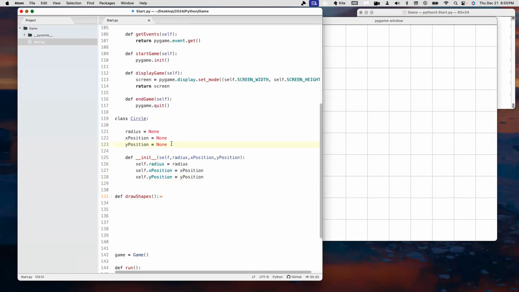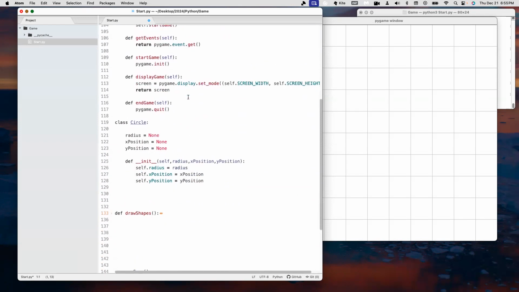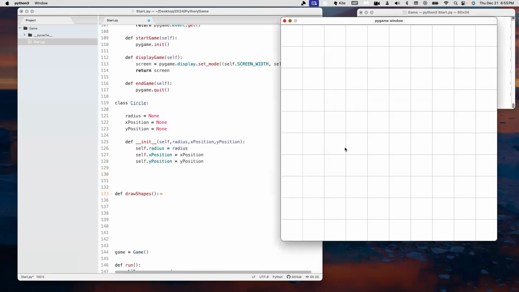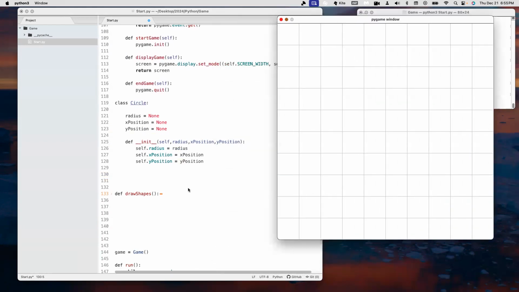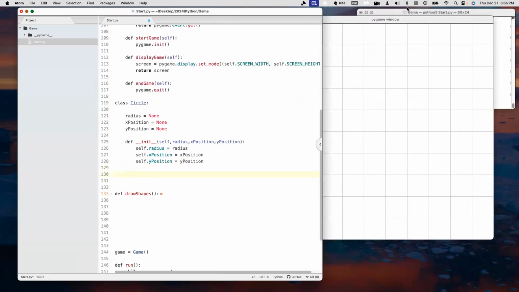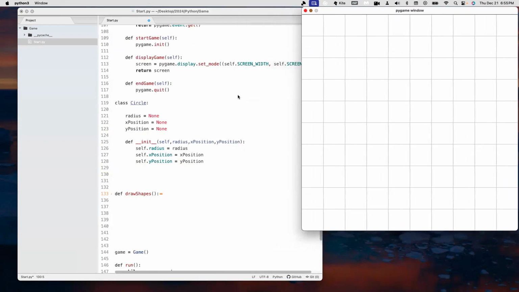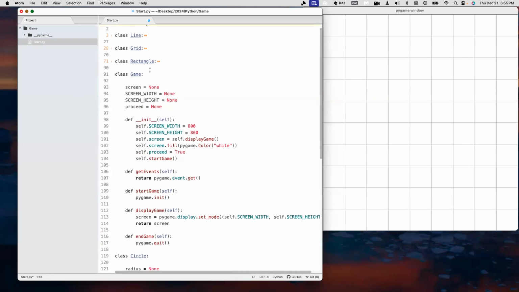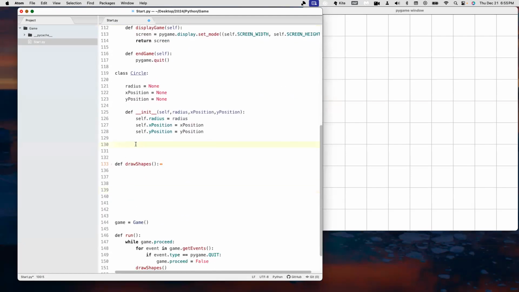So now we have the basic structure for a circle class. The next step is plotting it on the screen or drawing it. I'm using pygame because it can allow for this user interface to pop up. And I like pygame so far in Python. It's been kind of nice to use, so I would recommend it. Anyways,